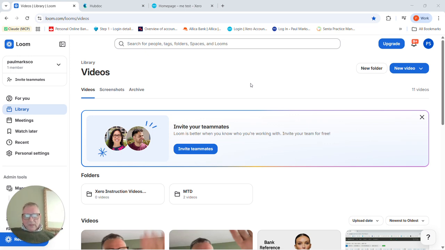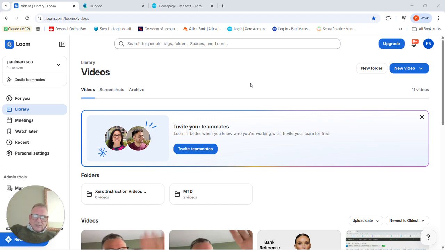Today I'm going to explain how to use something called Hubdoc. Now, Hubdoc is a Xero product that we've set you up with. And basically we only use it, and you should only use it, for your purchase invoices and expenses. So anything you have a receipt for or a purchase invoice, we load it into Hubdoc first, and then that